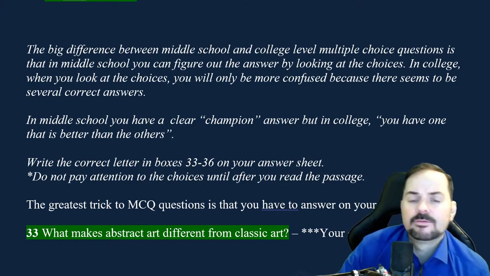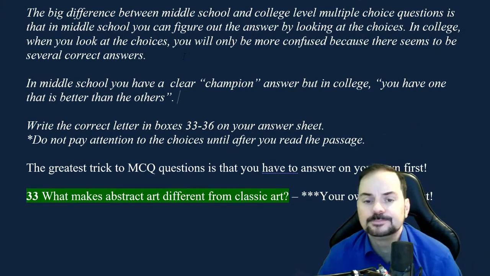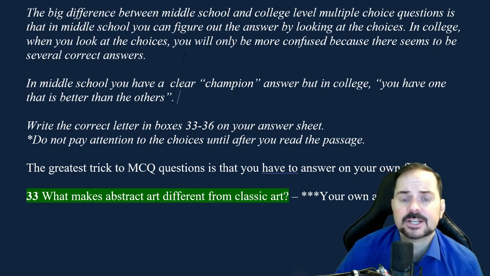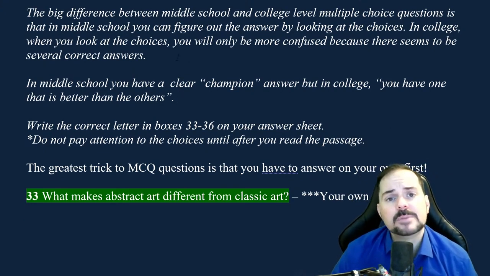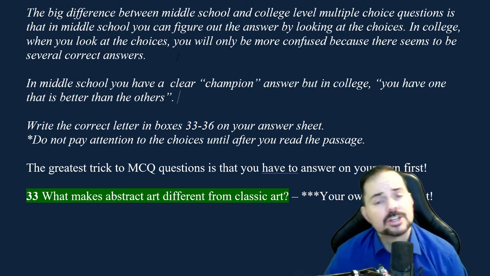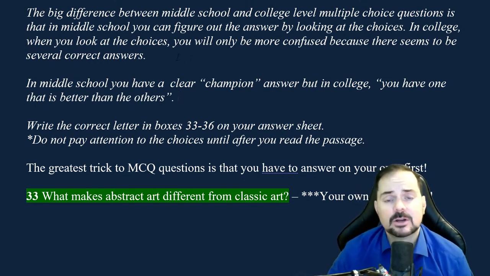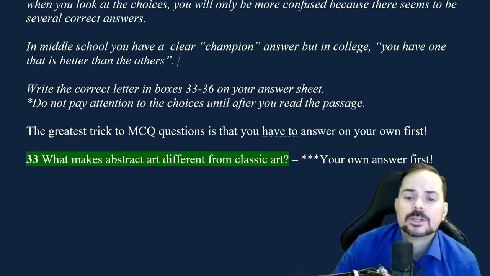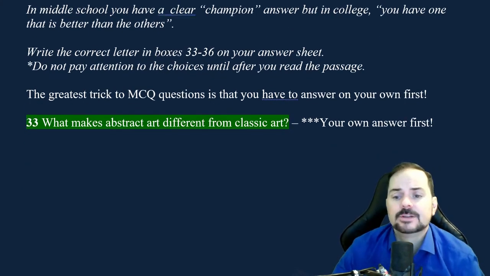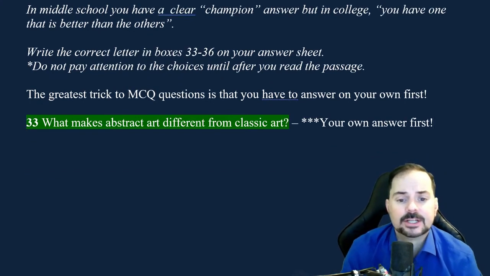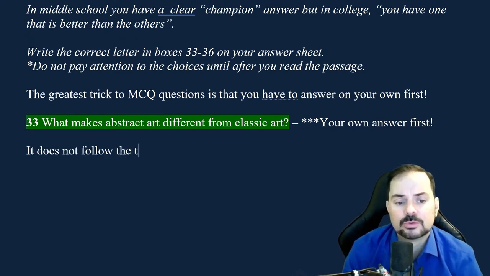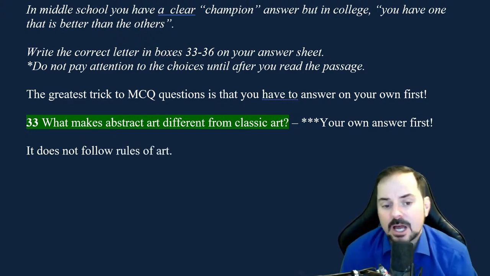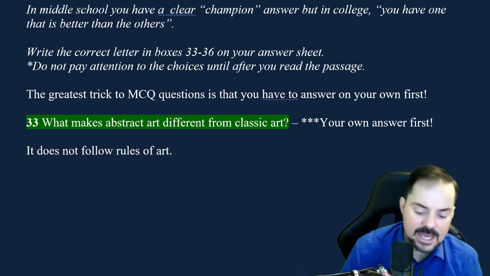But in college, you have one that's better than the others. Okay. So you have to pay attention to that. So that's why in the IELTS, middle school multiple choice question strategies don't work, okay, or don't work effectively. Not for many of the questions, right? So answer on your own first. So many of you said, what makes abstract art different from classical art? It does not follow the rules, the traditional rules of art. Right, so like shadows, shading, lines, and so on, right? Then